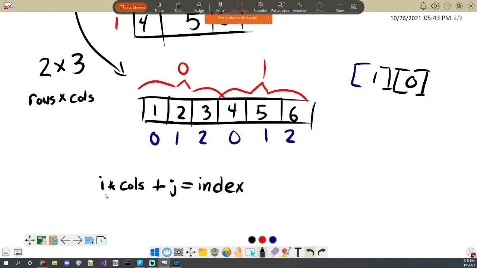Whereas if we go from a 2D to a 1D, we're given this and this, and we can solve for the index. What we need to do here is go from the index to the I and the J, which if you notice is a little bit harder algebraically, because these are both unknown. But if we know the columns, we can actually find it.